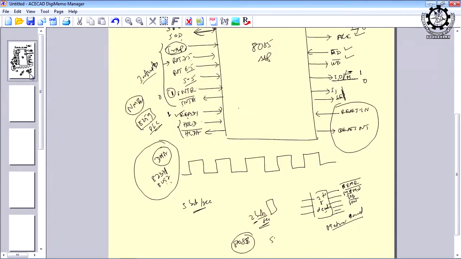So, what are those system routines? The entire memory system, even today, for any microcomputer is divided into two parts, and almost 1/4 is allocated for the system routines, and 3/4 is available to the user or programmer who will write the program and store it in the memory. So, what are those system routines?